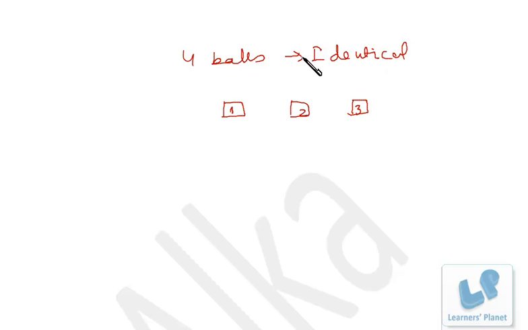Now the simplest thing: I have 4 balls and 3 boxes. Box 1, 2, 3. Right? Now these 4 balls are identical. And I have to just put the balls in these 3 boxes. Okay. Now the first condition, we are discussing this problem with the condition. The condition is no box should be empty. Okay,